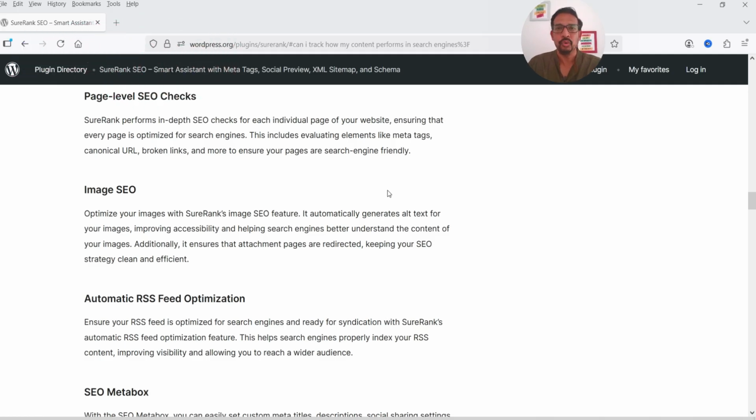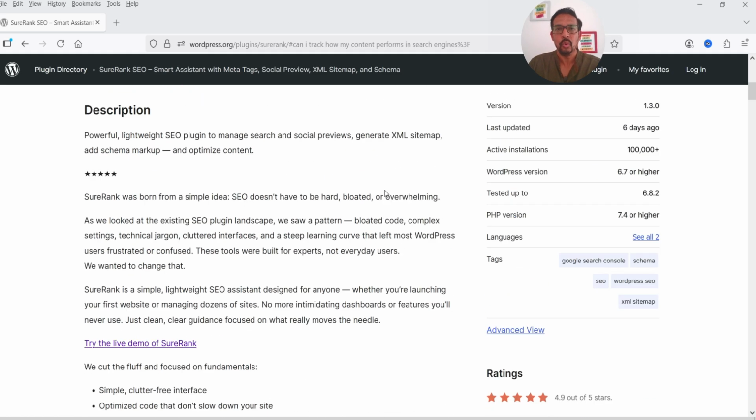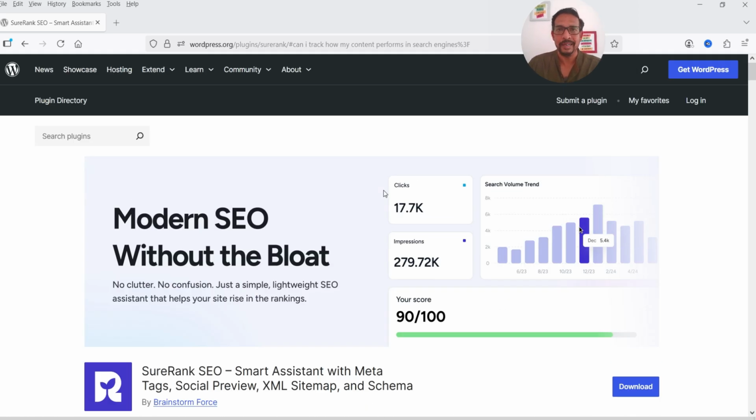So if there is any issue on the site level, it is going to show you what is the issue on your website on site level. If there is any issue on the blog post or any page, it will show you what is the issue with the blog post. If you have already installed any other plugin on your WordPress website, you can easily migrate all the SEO data from another plugin to the new SureRank SEO plugin. So I'm going to show you how to install this plugin and how you can optimize your website for search